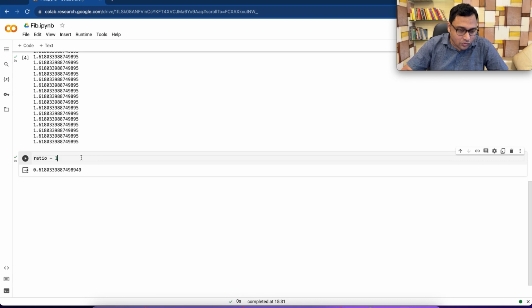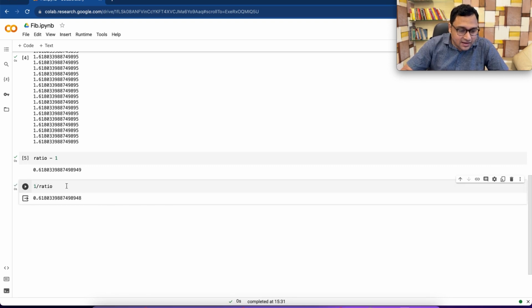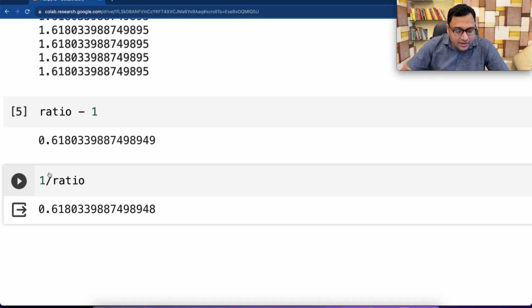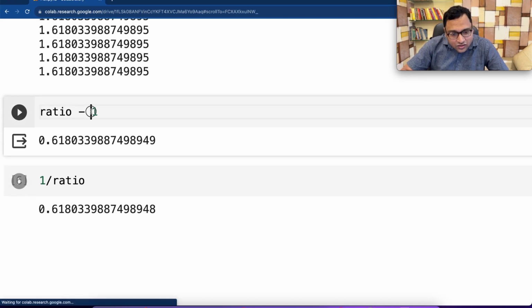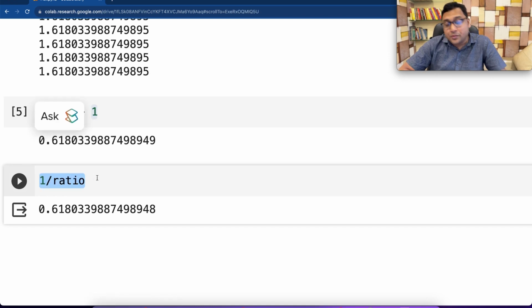And let's do one more. Let's do 1 over ratio. So you see what just happened, right? If I subtract 1 from this number, and if I take the reciprocal of it, I'm getting almost the same